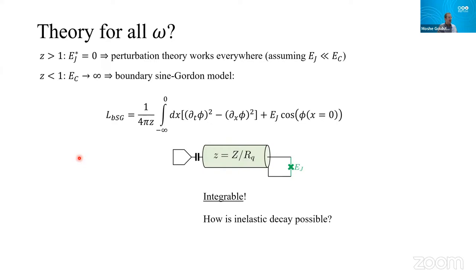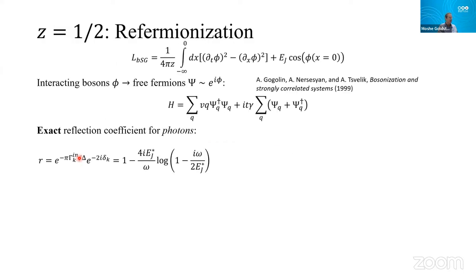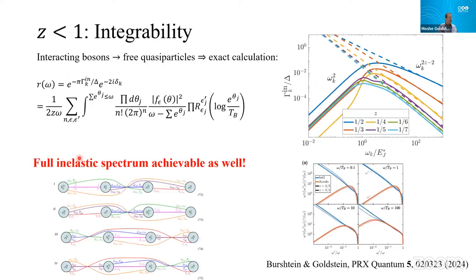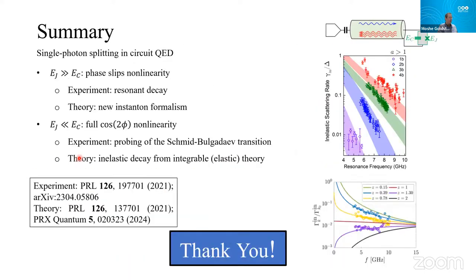It just means that there are integrable, or Bethe ansatz, excitations which scatter elastically, but the photons we send into the system are some nonlinear combinations of them. They scatter inelastically, and we can use integrability tools to actually calculate that, find the inelastic rate, and compare that to the experiment. So that was a brief overview of the second part, and I hope I was able